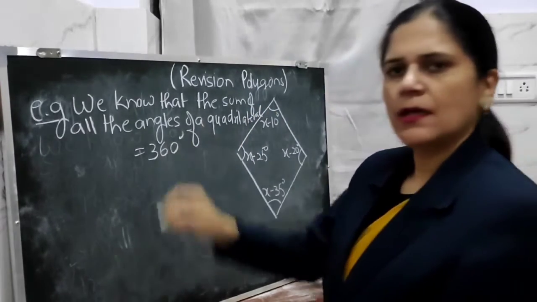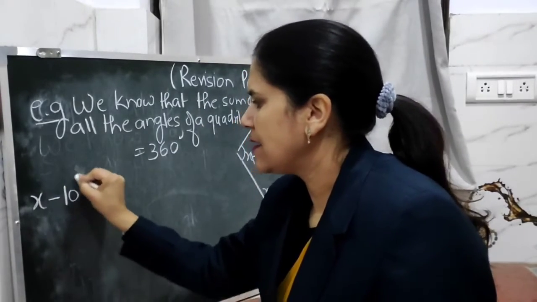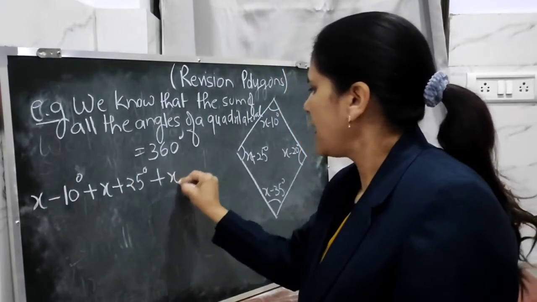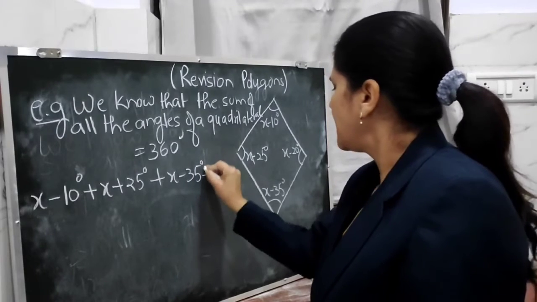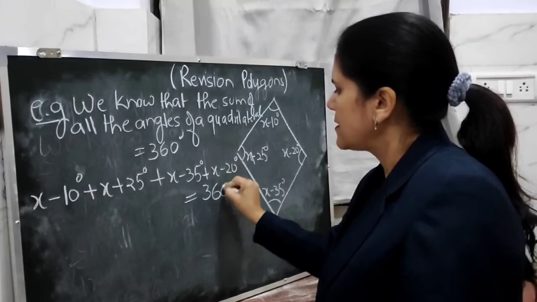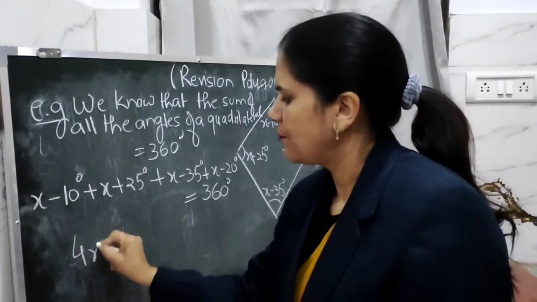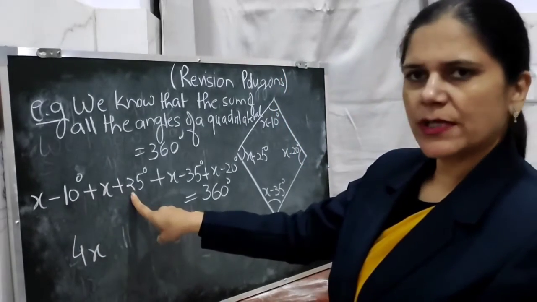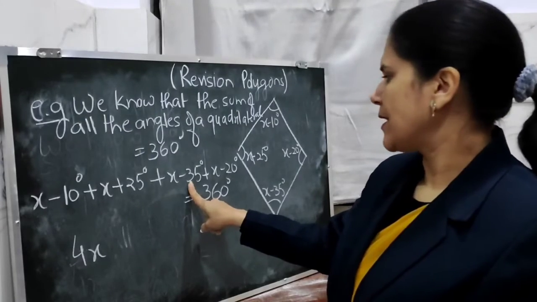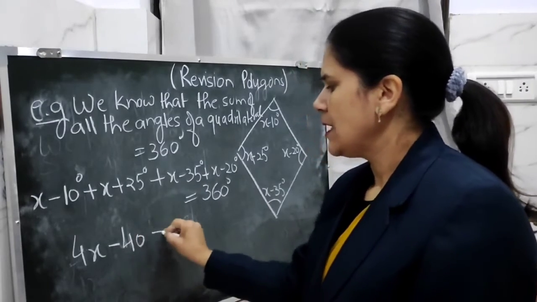Now add all the angles: x minus 10 degree plus x plus 25 degree plus x minus 35 degree plus x minus 20 degree is equal to 360. x plus x plus x plus x will give you 4x. Minus 10 plus 25 is 15. 15 minus 35 is minus 20, and minus 20 minus 20 is minus 40,